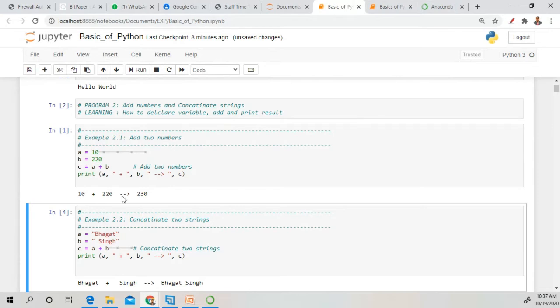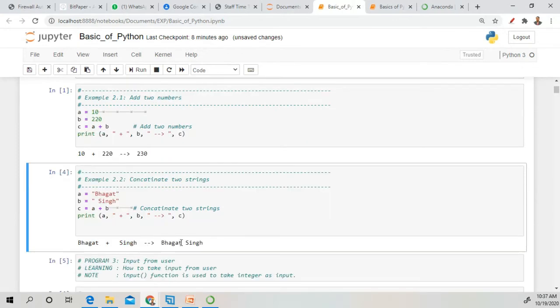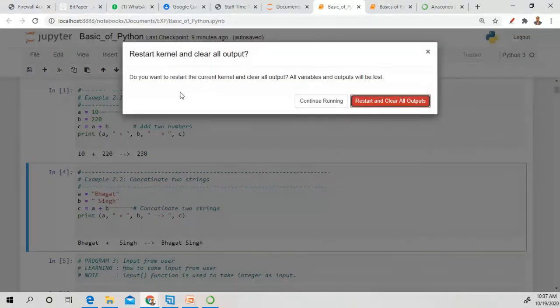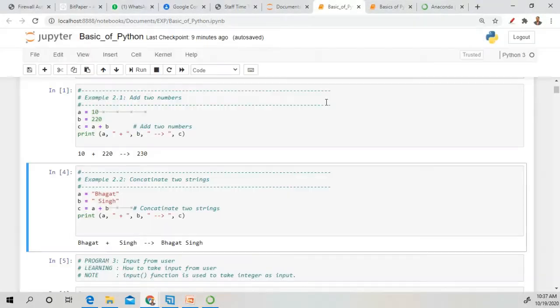If you want to reset the output, this is the option, restart. You can use restart and clear output, or you can use continue running.